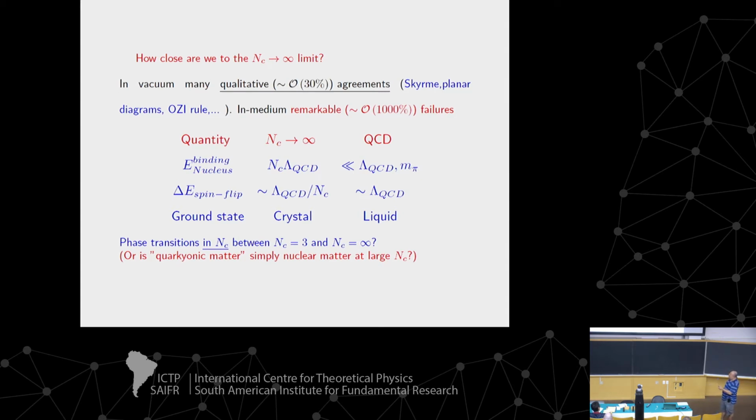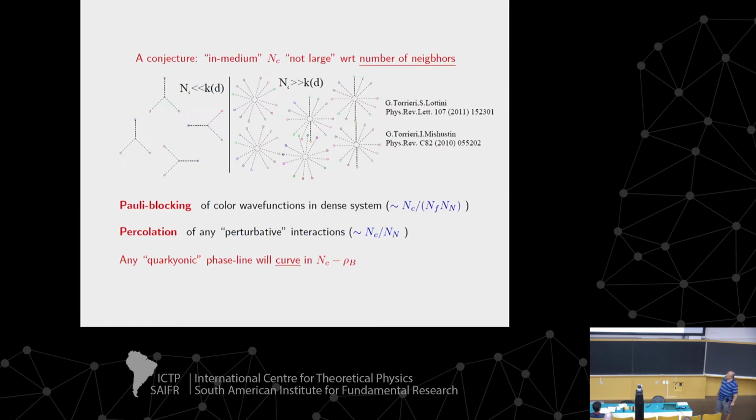There are also other things which derive from this. I mean, the spin flip energy, the energy to make a spin flip, so the delta baryon difference, is also parametrically very small at large N, and it's large in QCD. The ground state is completely different, et cetera. So what's going on? Well, a possible answer that we gave was that